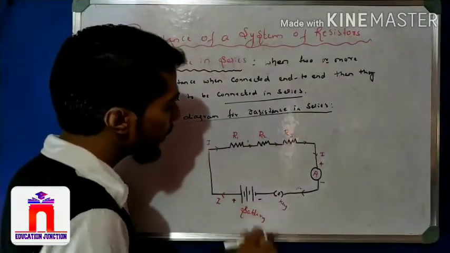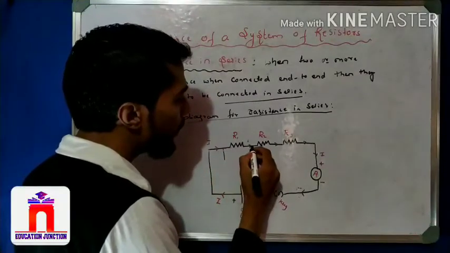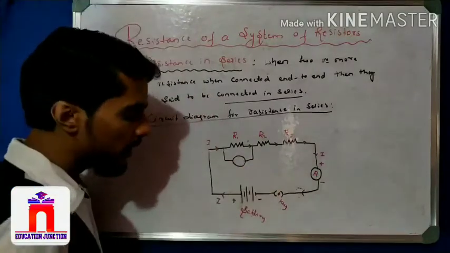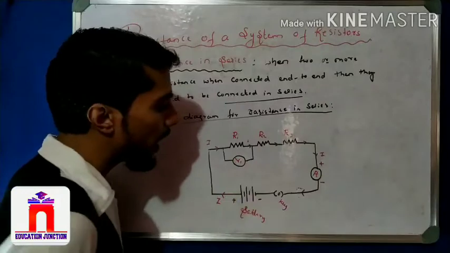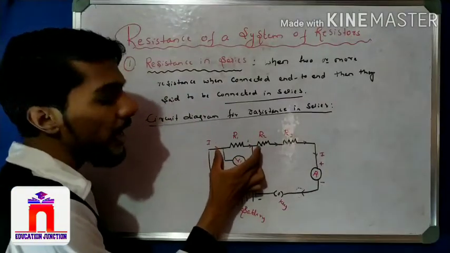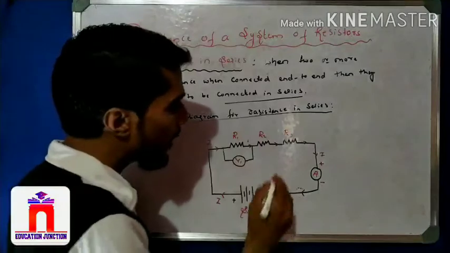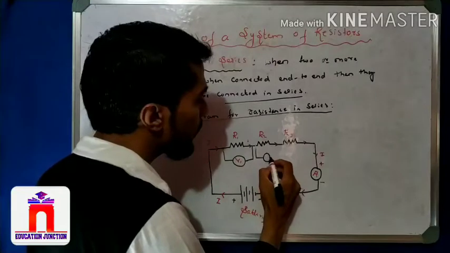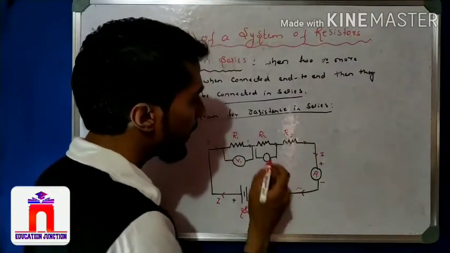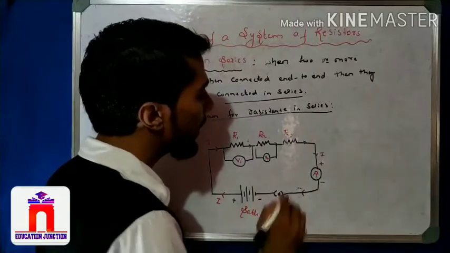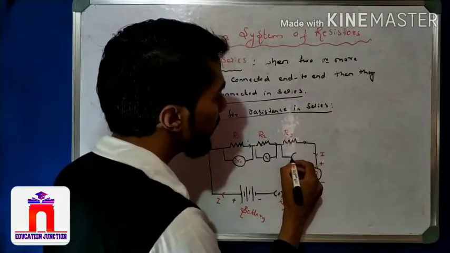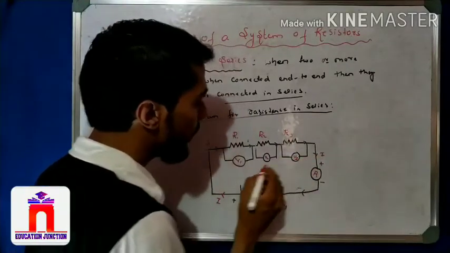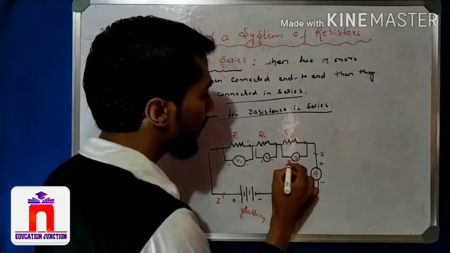Now we can apply voltage here, right? At the end of one resistance R1, we applied a voltage in parallel. So if here it is V1, I can calculate the voltage at the end of R1, which is V1, and I calculate the voltage at R2, that we call V2. Then I calculate the voltage at the end of R3, it is called V3. So it is plus minus and plus minus, right?